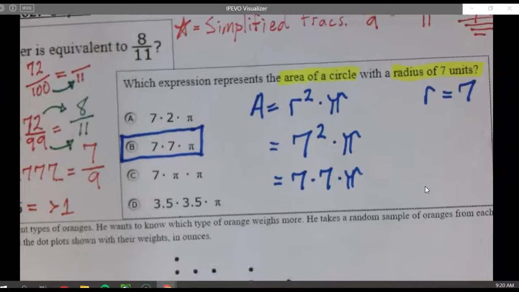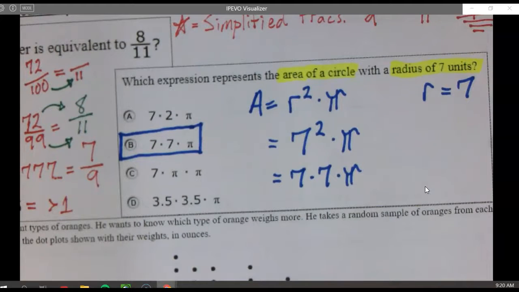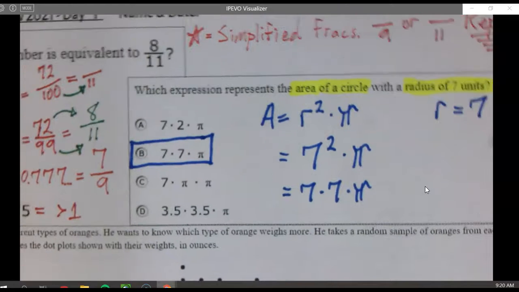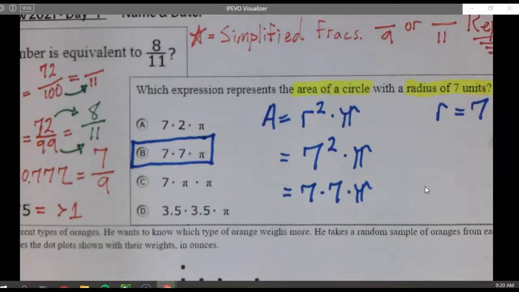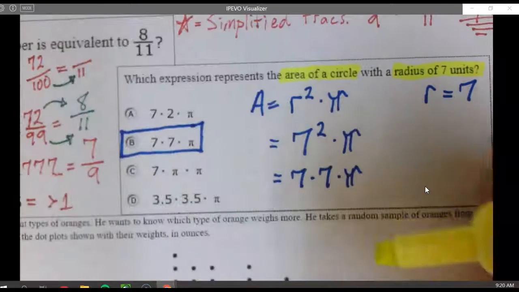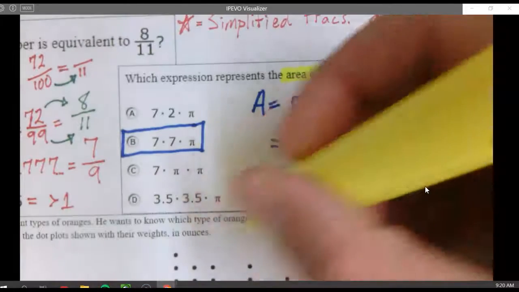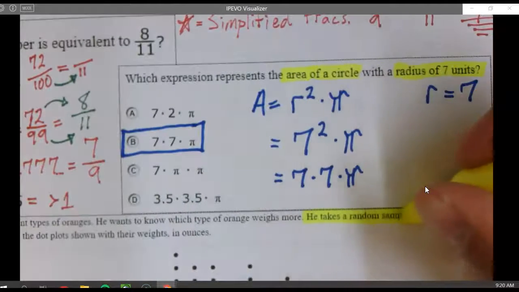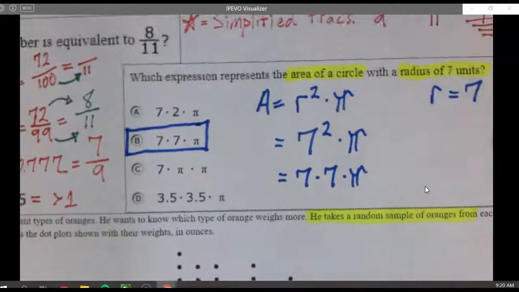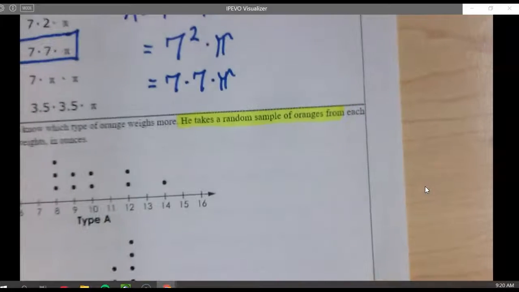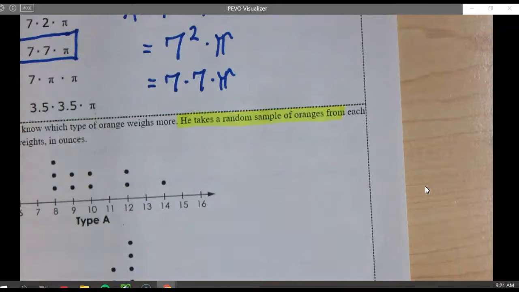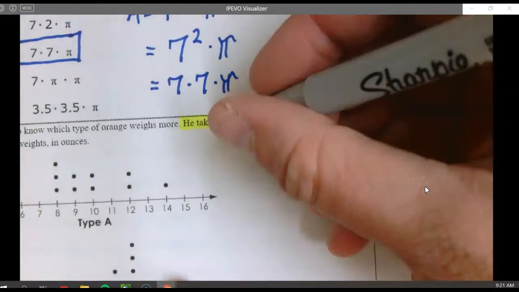Jerry grows 2 different types of oranges. He wants to know which type of orange weighs more. Now, guys, here's one thing that we're going to talk about again at the end of the week. We're going to do more of this, but I wanted to do a little bit of test prep now so it didn't feel all so heavy on those testing days. I need you to highlight the part of this that says random sample. And actually, we're going to highlight and underline